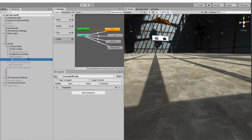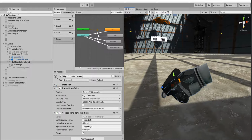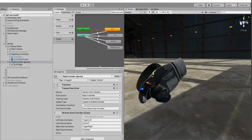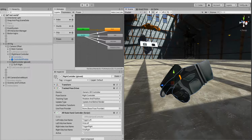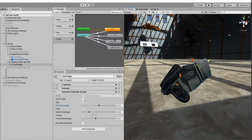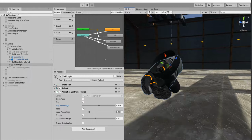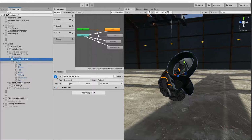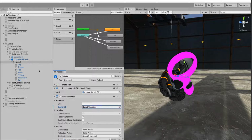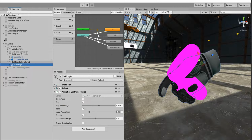For the hand controller, I've got an Oculus Touch just sitting there, and then this right controller gloved is the hand provided from the asset off the asset store. They don't fit very well, but fortunately it's got an animation controller already set up. So head into here, and all I did was mess around initially with these to get the hand position almost right. Now the other thing I did that helped was to grab the model and delete the material, because at bright magenta it is much easier to see what's going on with this